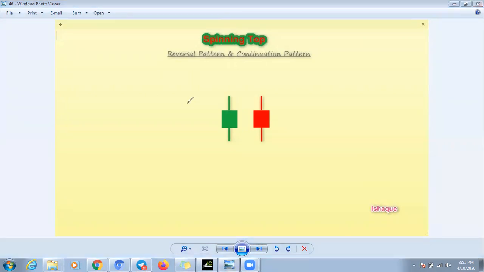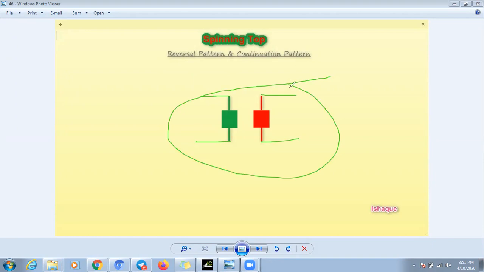Levels of the spinning top: we find this higher high, this lower low, this lower low, and this higher high. So these four levels are clear. Everybody knows that these are the confirmed levels. But sometimes in the trend, at the reversal area, it can react differently. So we will understand how.